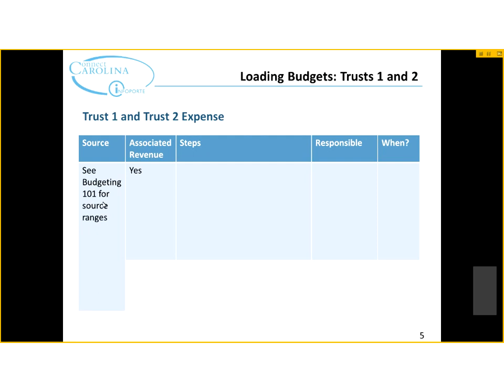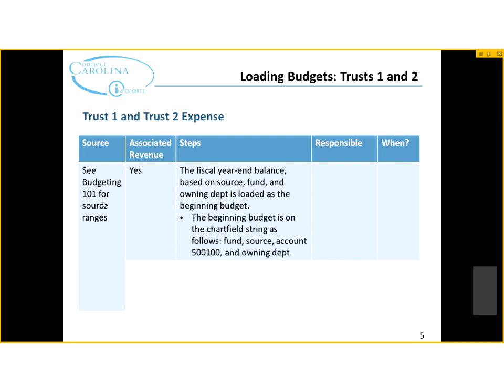If the source is associated, and we haven't explained what that means yet, but just for information, then what will happen is that the amount of money that was in that source as of 6/30/2015, that balance is loaded as the beginning budget. That's based on the fund, the source, and the owning department. They look at that combination of chart fields and take the ending balance and load that as the beginning budget. And that budget will be loaded with account number